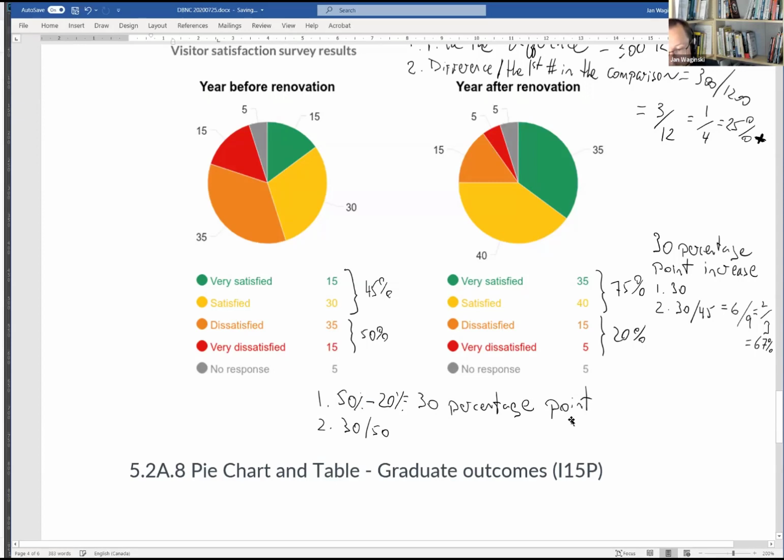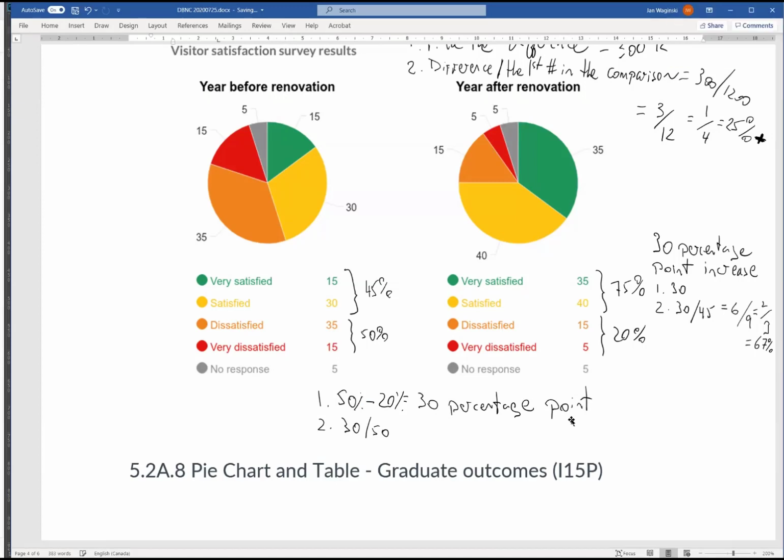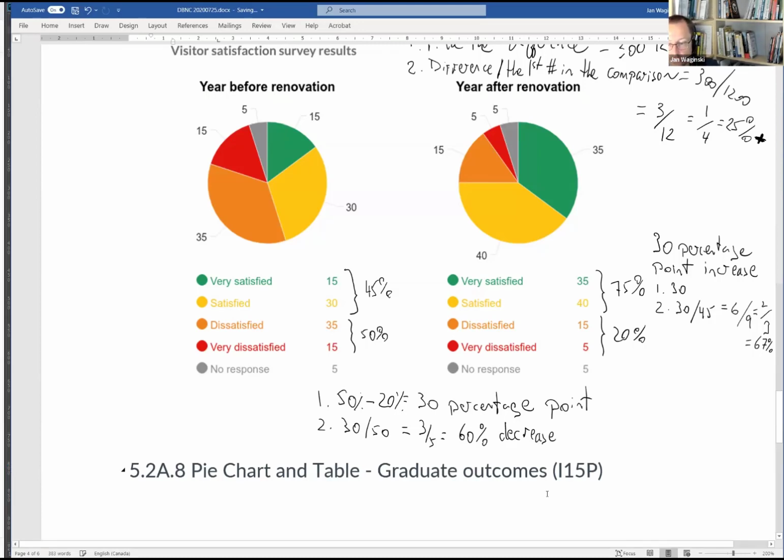30% difference. Tarian, why do we divide the second equation by the second number? Sorry, no, it is the first equation, 50 minus 20, yeah, 30. Then 30 divided by 50, yes, the first number. Right, and so it decreased by 60%. 3 over 5 equals 60%. Decrease